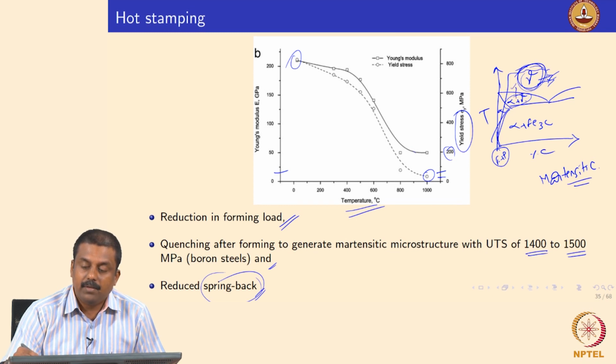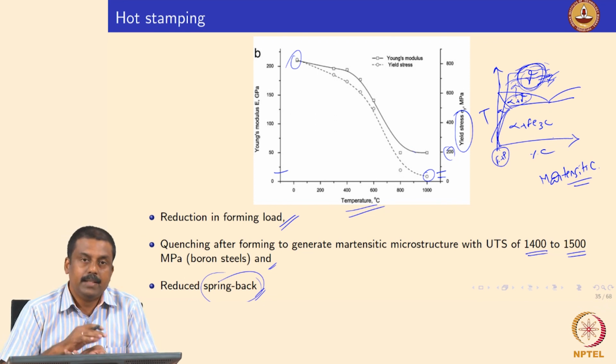So you need to take it to a fully austenitic region where you have a single phase microstructure, you will have uniform carbon concentration or alloying element concentration, and then you deform it at whatever rate, as well as whatever degree of deformation, and subsequently you quench it to room temperature. Generally it is done in a press. So you press it to make a component, and you hold the component in the press and cool it to room temperature.